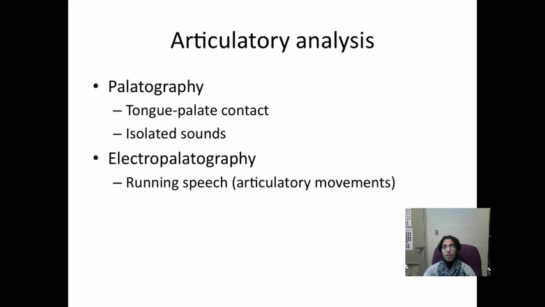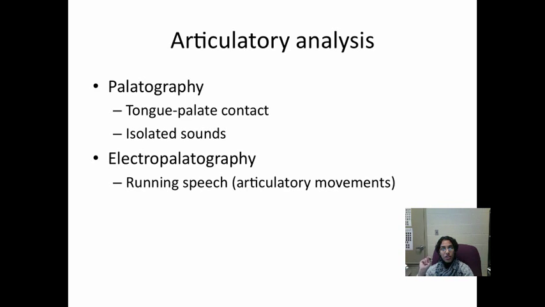The final thing in terms of the peripheral analysis: we talked about acoustic analysis, respiratory analysis, and the articulatory analysis. I did mention the importance of doing the articulatory analysis is that we want to see the placement of our articulators, where the contact of these articulators is, how much contact and pressure you need, or what kind of contact is happening in order